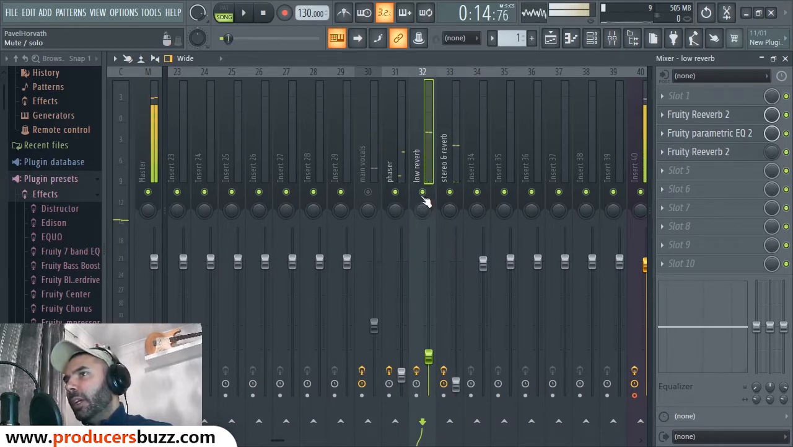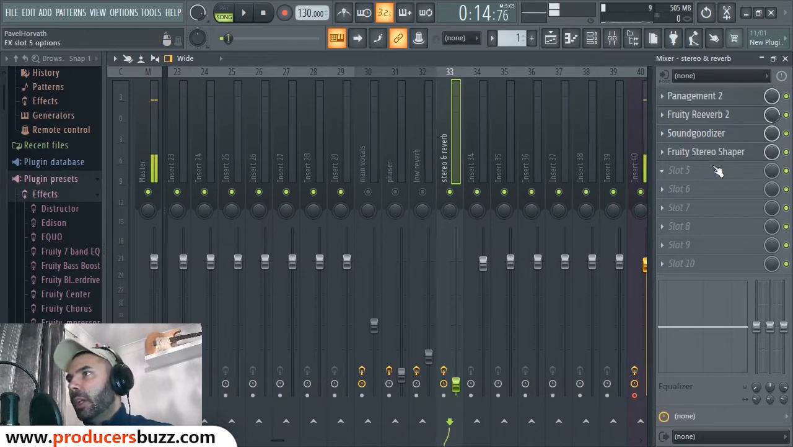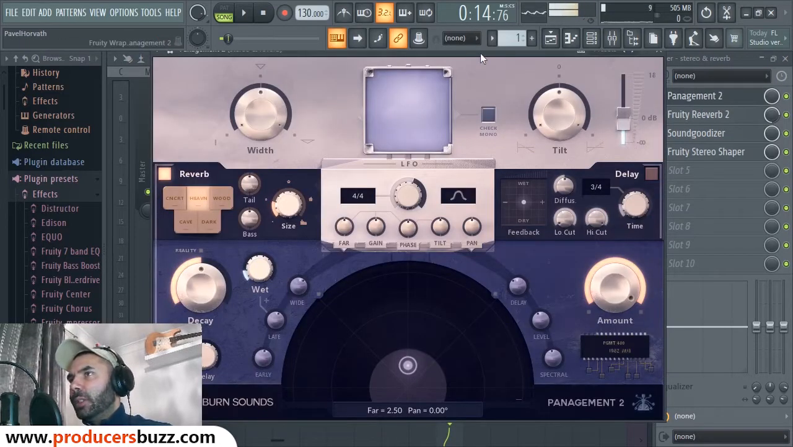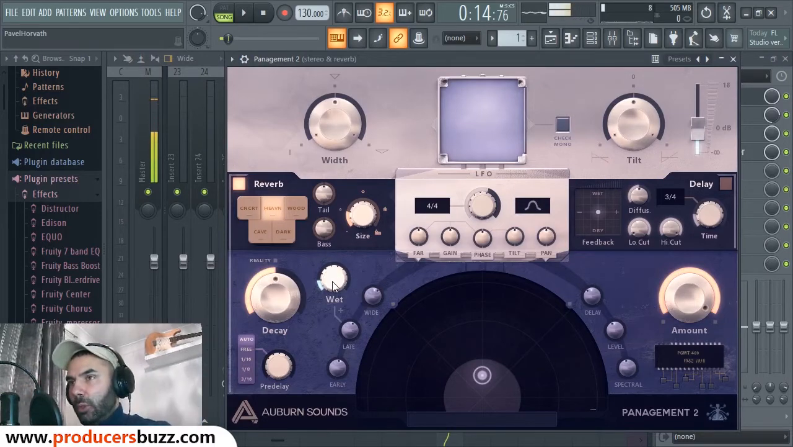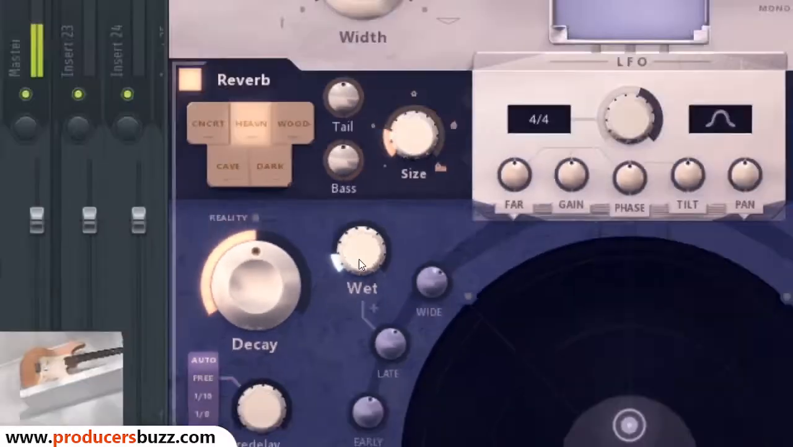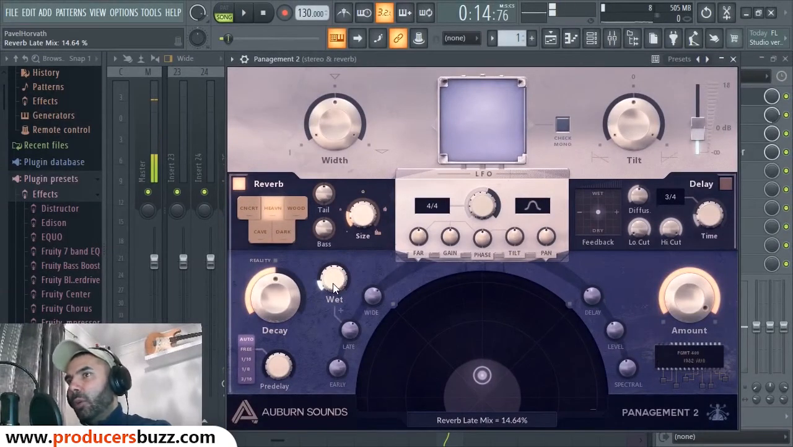And then the stereo, guys, this is where the magic happens. Basically, we're using Panagement 2. Now, it's free to download. There's a link in my description. And what you will need to do on here, set the wetness up to 14.6, 14.5 to 14.6%. Anything around there. The size, set it to